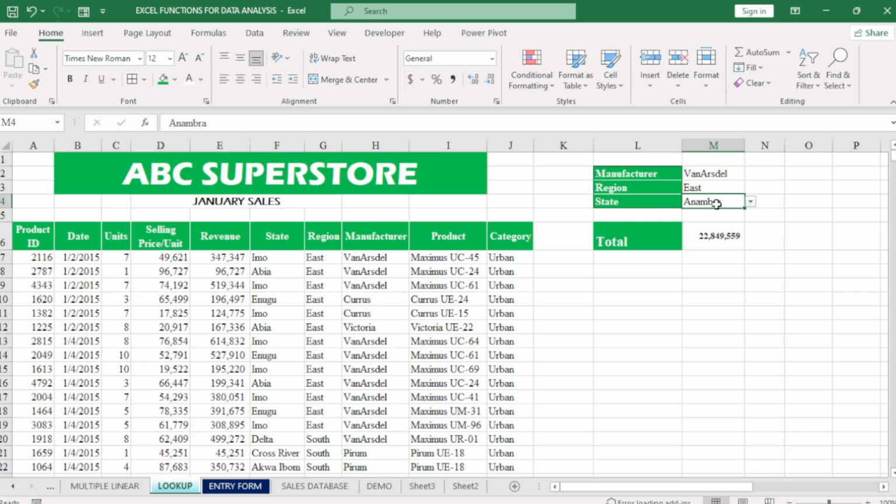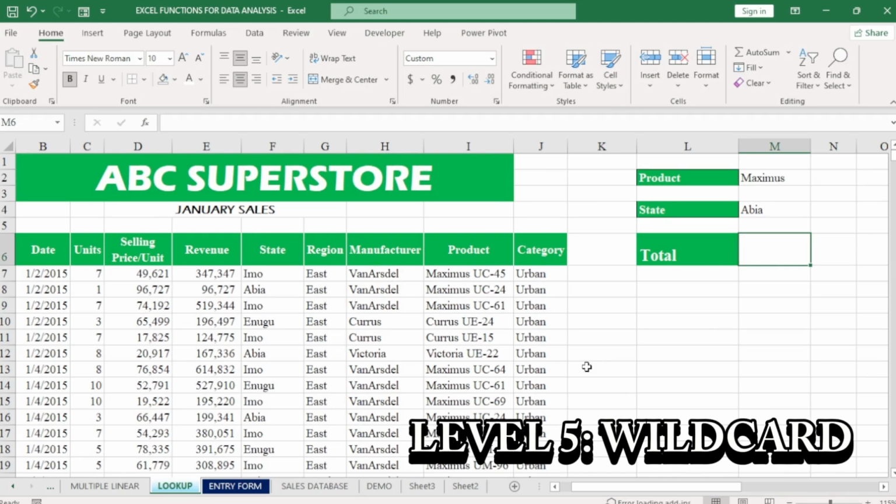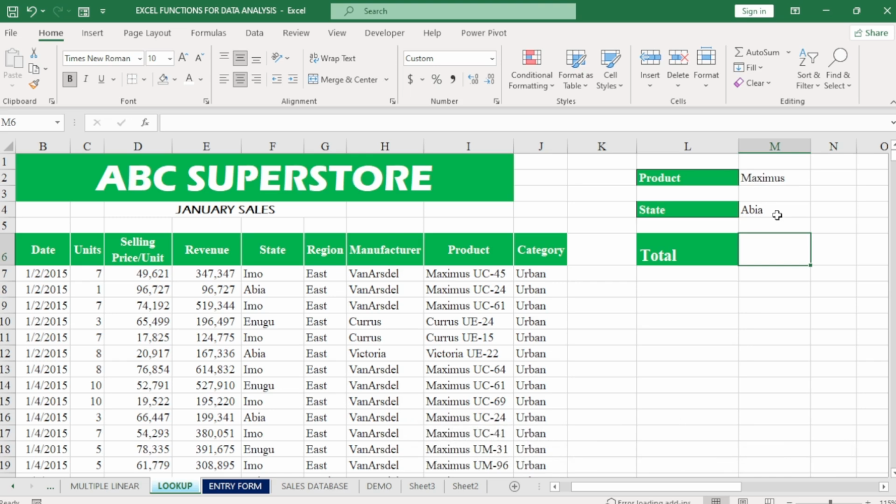Now this is for the level 4 use case of the IF function. Here's level 5 of the IF function use cases, which I refer to as wildcard. It might sound a bit awkward, but let's head to see what we mean using the example we have here. Now here we want to sum the product of Maximus from Abia State, and under our product header you see we have Maximus